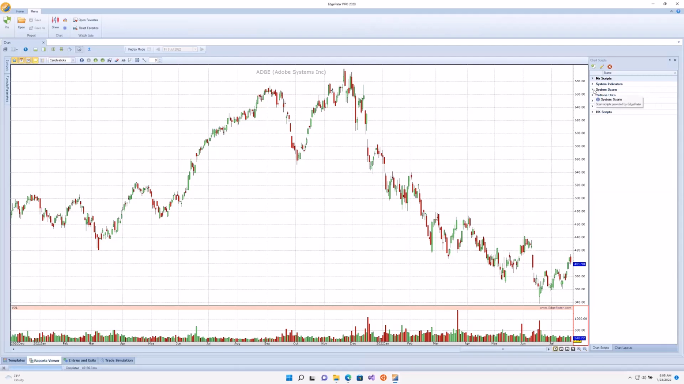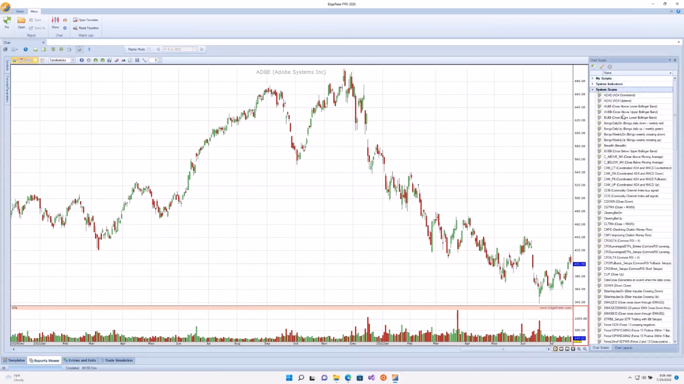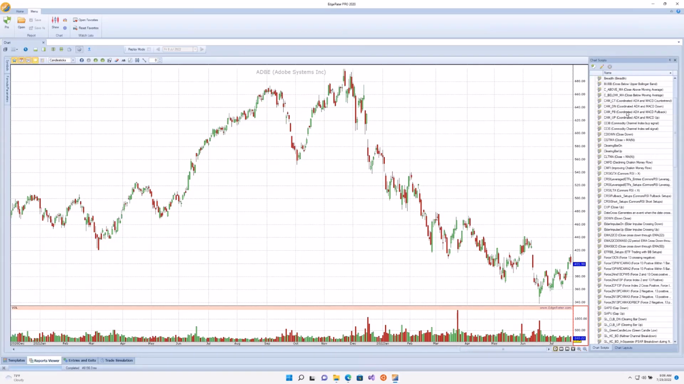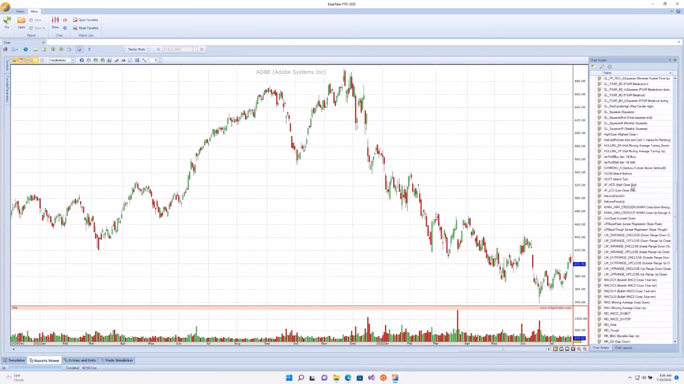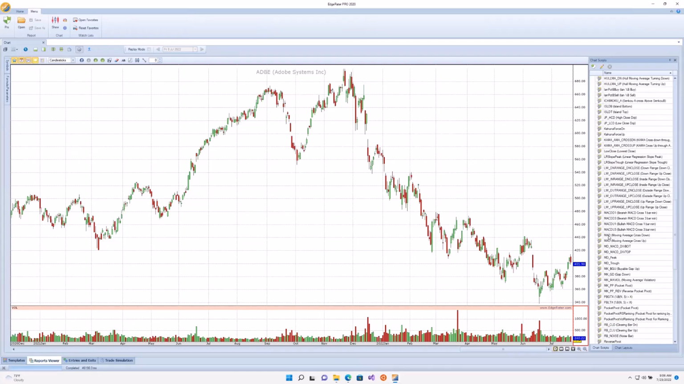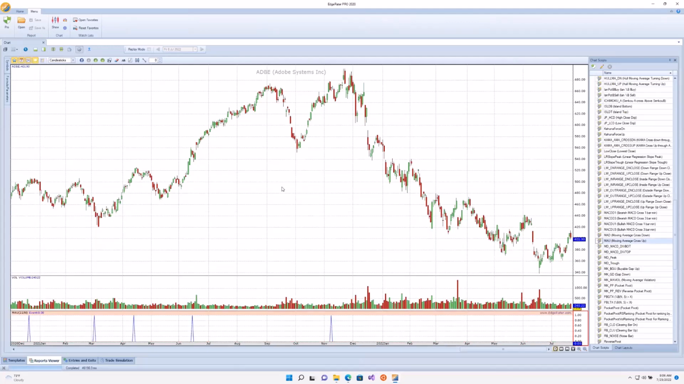So, okay, in the chart scripts part of the window, you've got several categories here. System scans is really where all of the scanning scripts are. And what I'm going to do, I'll just scroll down in here and I'll find the one that I'm looking for today. It's called MAU. It's basically a moving average crossing up. If I double click on that, you'll see what I mean by a visual